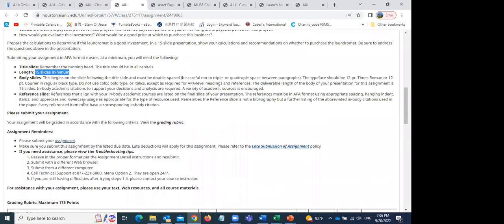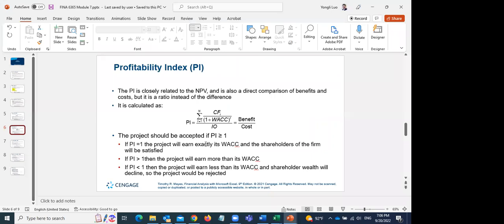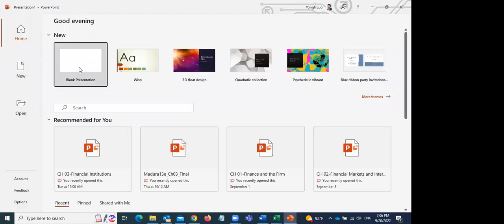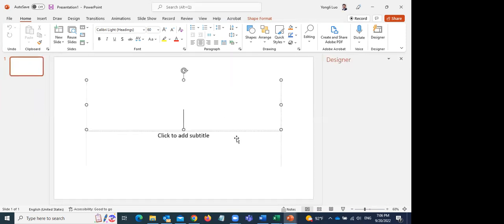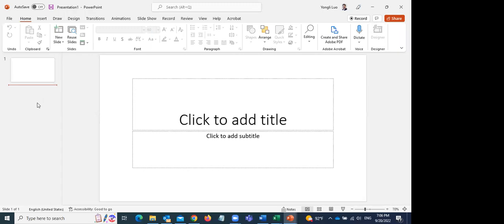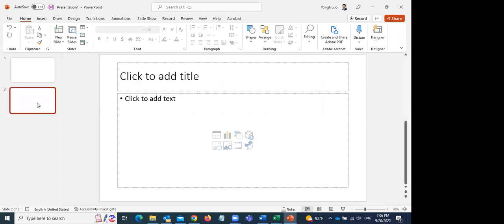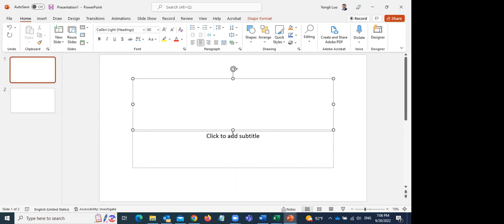Okay, so for the PowerPoint slides, you open Excel, PowerPoint. The title page is a little bit different. The title page is only like this, right? And then for the content page, you just click on that, add another page, and you see the content. This is your title and this is the text, but the title page is this, right? So you can name your